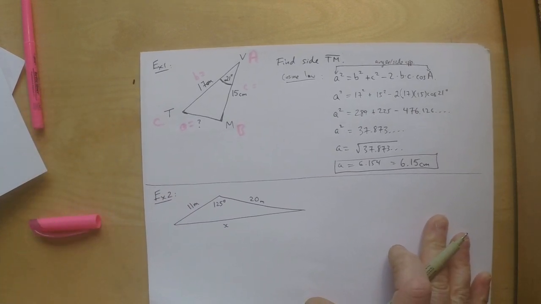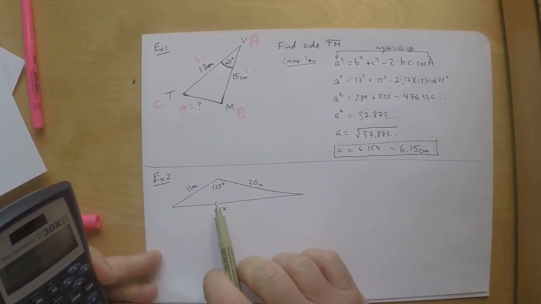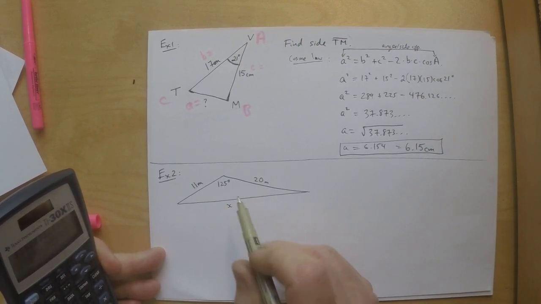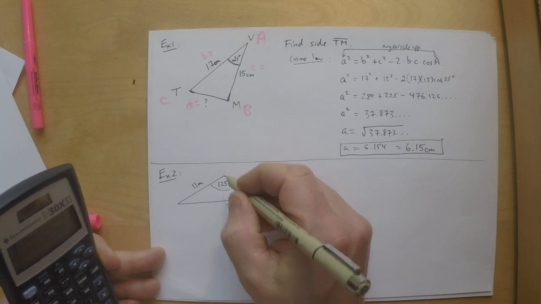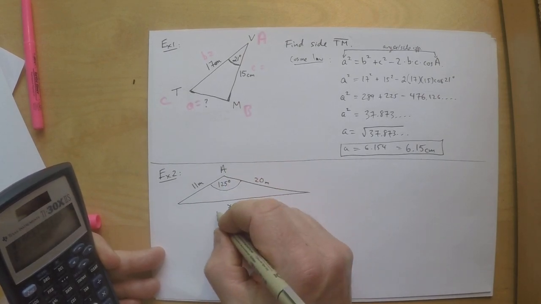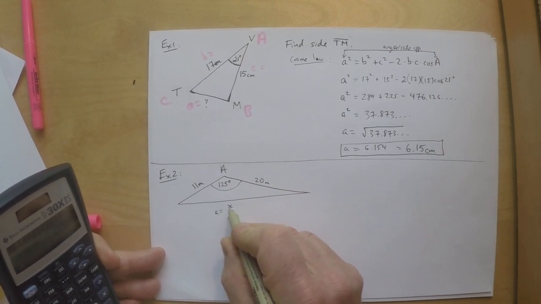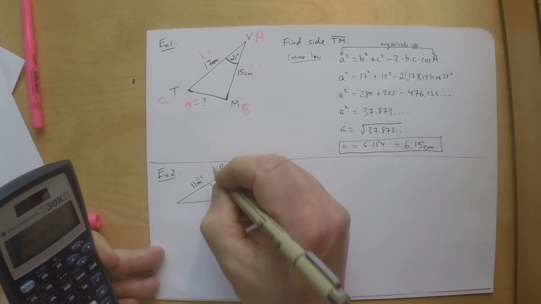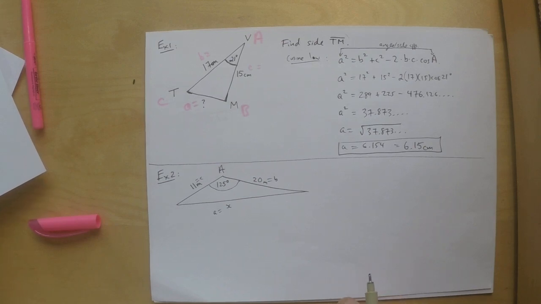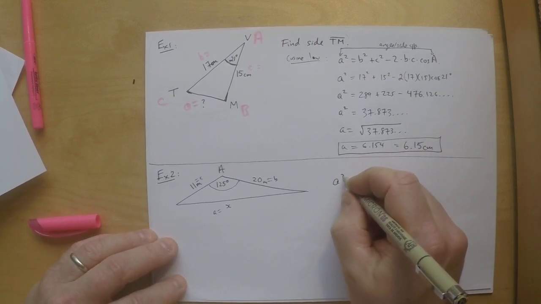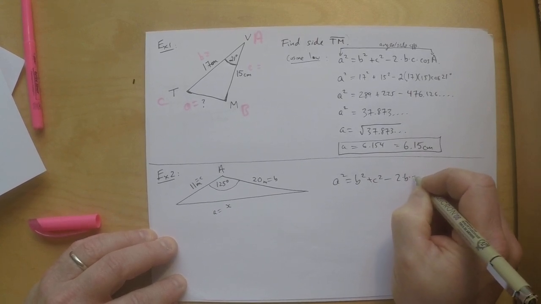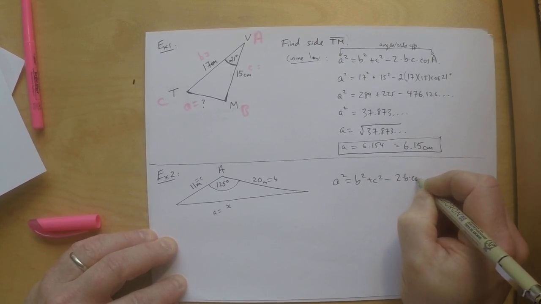All right, another quick example here. I look at this one and it's SAS again. Side, angle, side. There's my angle. I know that has to be my big A, hence this is little a. And then my other two sides are B and C. It doesn't matter which one's B or which one's C. There's no hypotenuse here whatsoever. Write out the formula. I know it's cosine law because it's today's lesson, but also more importantly,